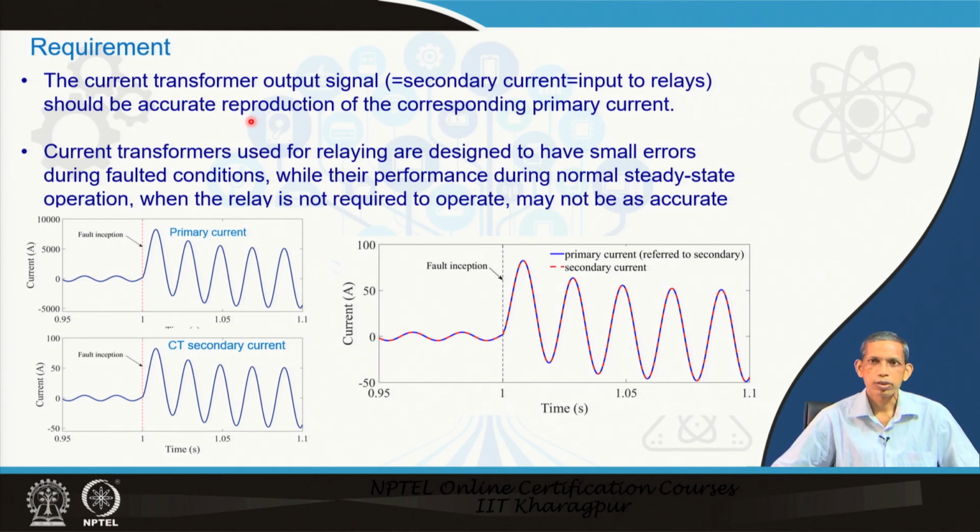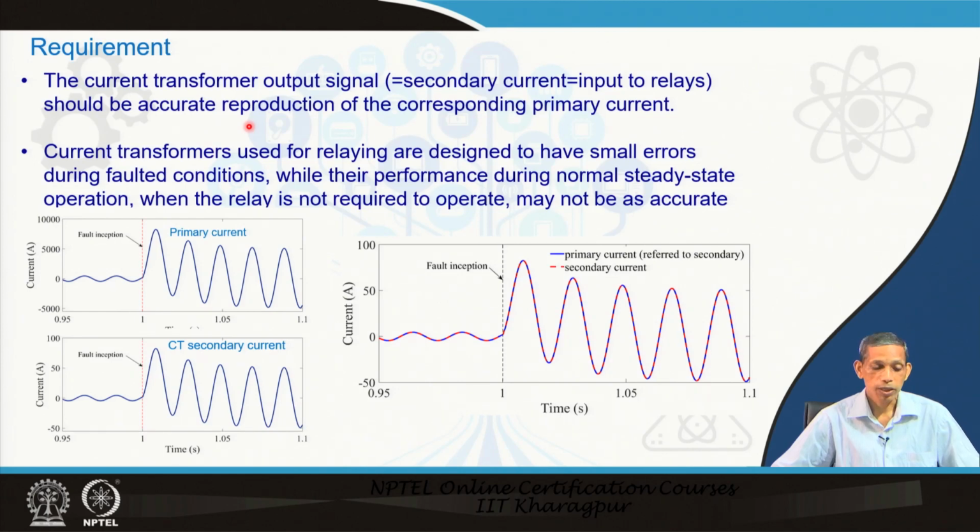Now, this CT which we are discussing is a magnetic coupling, it has a core, and we know any transformer core may have a chance of saturation at times. If that happens, then the nonlinearity between B and H, IM and the induced EMF may be lost beyond saturation, and therefore the proportionality may not be there. In that case, there is a challenge, and that is what we say.